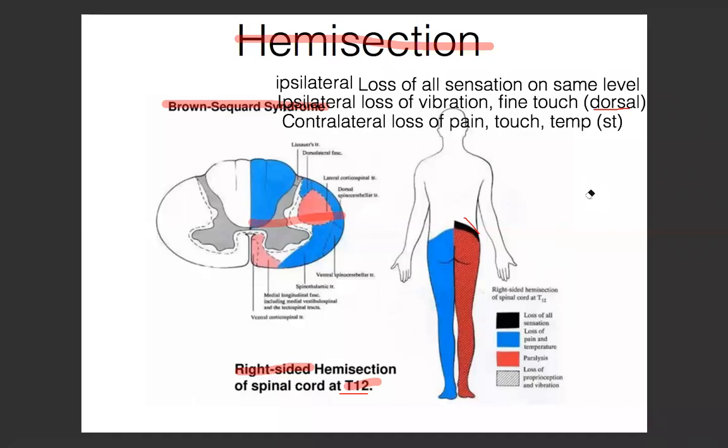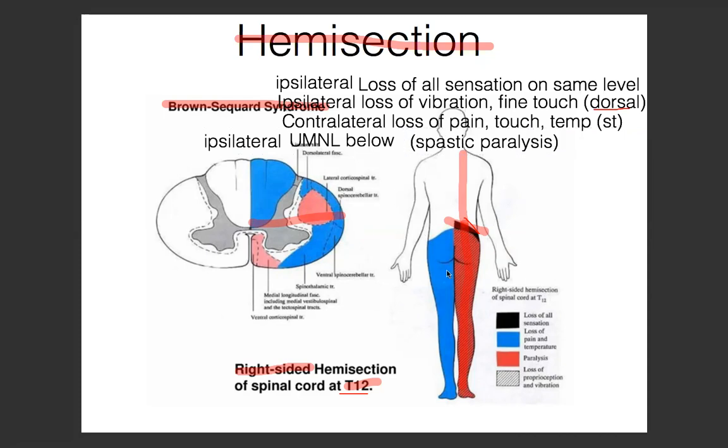طيب تاني بعد ذاك احنا كنا اتكلمنا عن السباينوثالاميك والدورسال كولوم، يعني اتكلمنا عن السنسيشن كله الاسندنج، فضل الديسندنج تراكت. يلا الديسندنج تراكت هنا بيجينا شنو؟ هيجينا upper motor neuron lesion في الارياز اللي below. ليه؟ لانه ضربنا السباينال كورد ذاته صح؟ ما ضربنا الانتيريور هورن سيلز. سو الابر موتور نيورون كان المفروض ينزل تحت هنا كله هيكون اتضرب هنا. سو في upper motor neuron lesion ipsilateral so on the same side. ليه ipsilateral؟ لأنه it already crossed في البرين صح؟